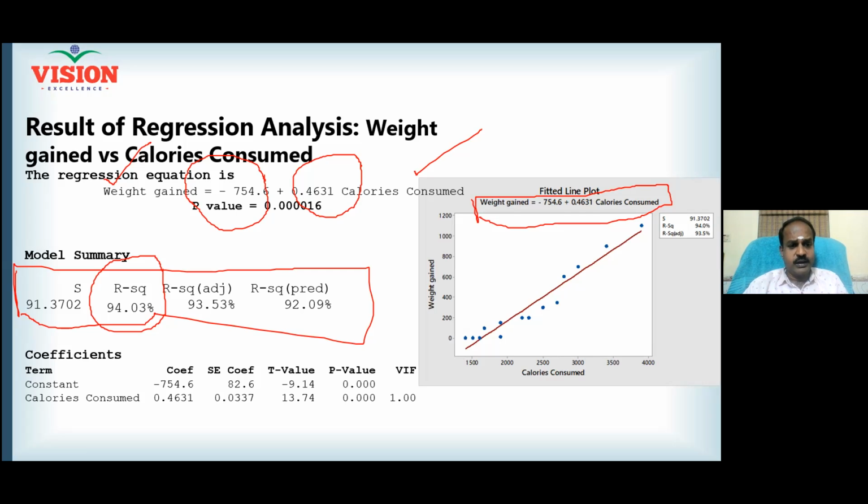All right, now R square is 94%. Look at the S value. What is S? Somebody, can you tell me? We discussed S. What is S? S means standard deviation. We want the standard deviation to be as low as possible. If your regression model summary gives a higher standard deviation, then your predictions will be very wide.